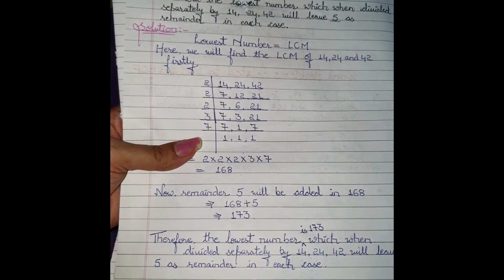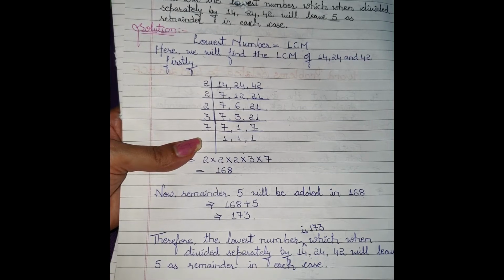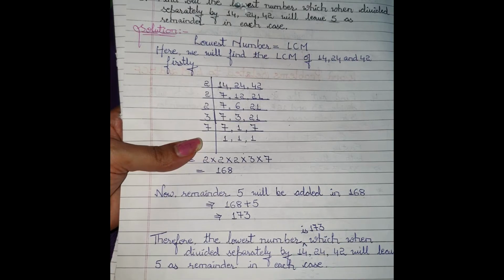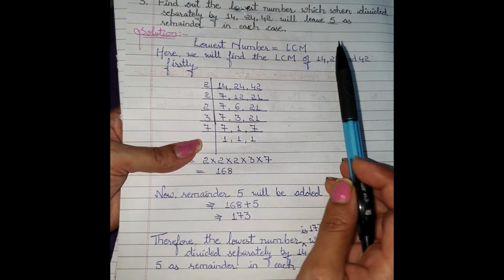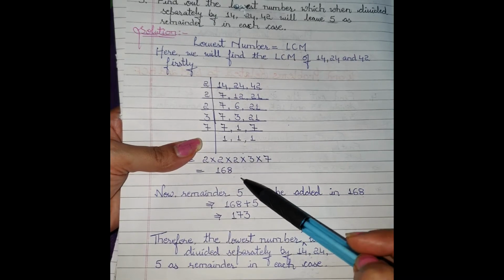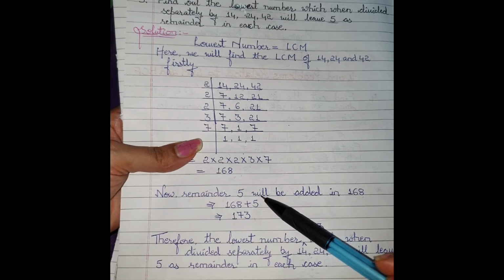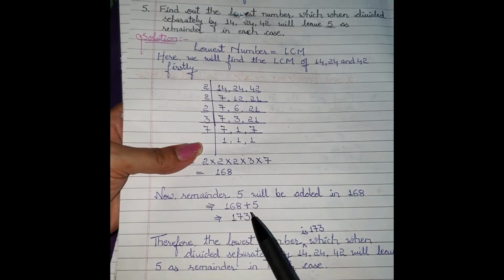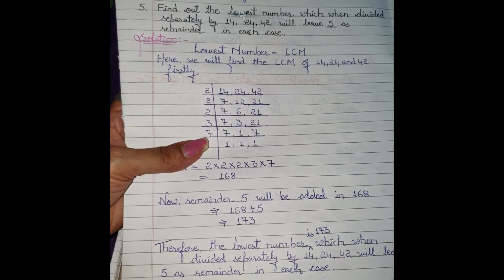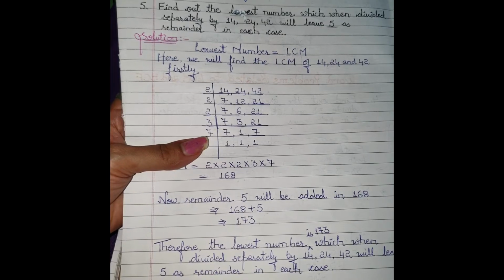Remember students, please don't get confused. In HCF, remainder is subtracted in the very first step. But in LCM, it is opposite. Firstly, without using the remainder, we solve our question and then whatever result we get, in that result we add the remainder. We don't subtract the remainder. Okay, this is the rule to solve the LCM. Here remainder will be added and in HCF the remainder will be subtracted in the very first step.